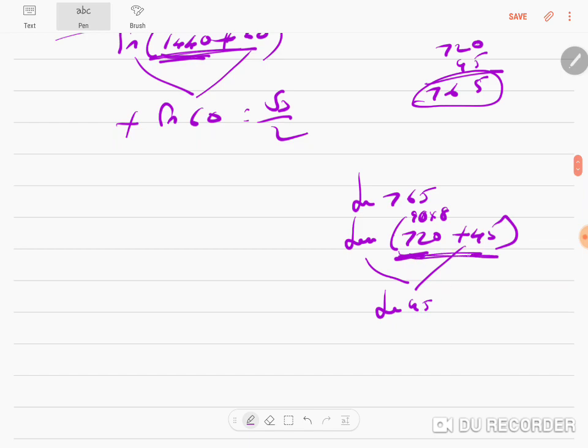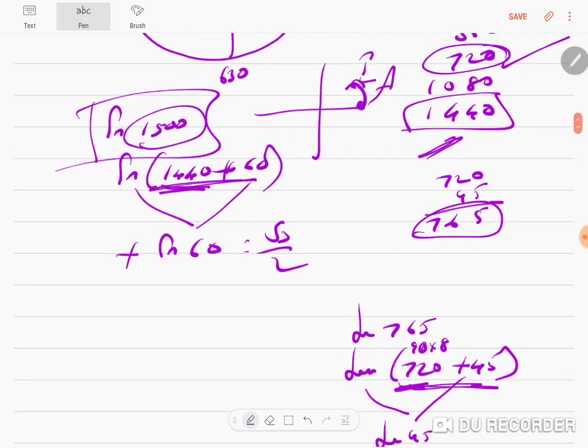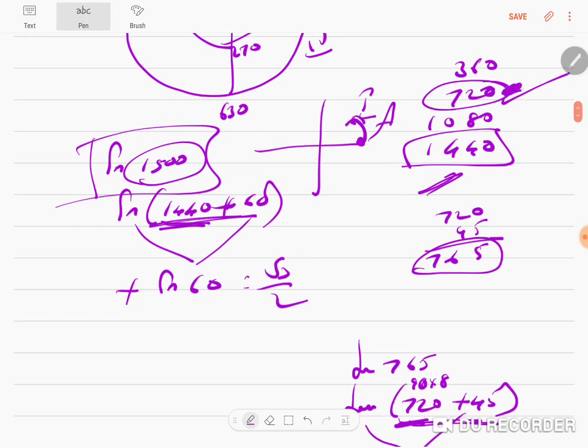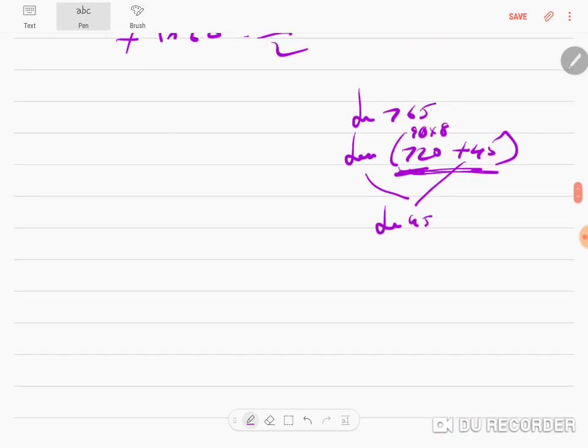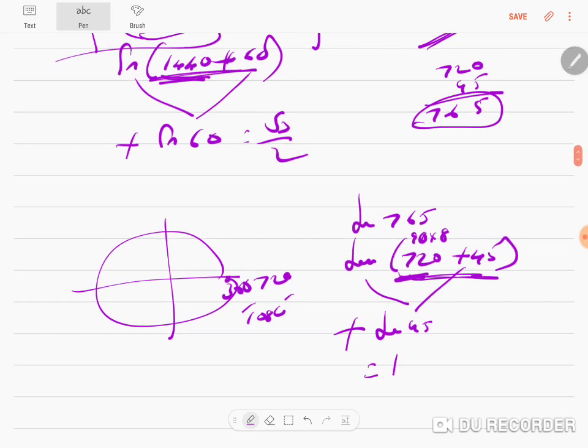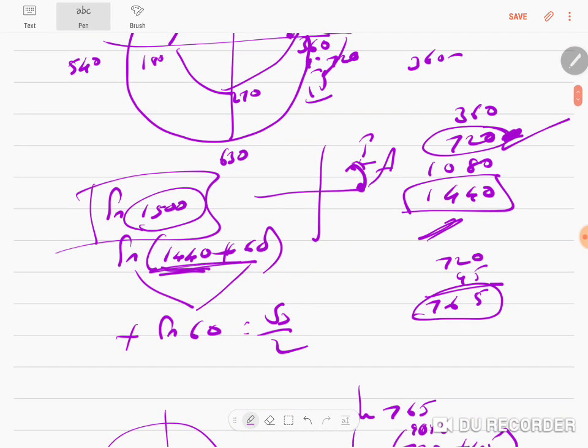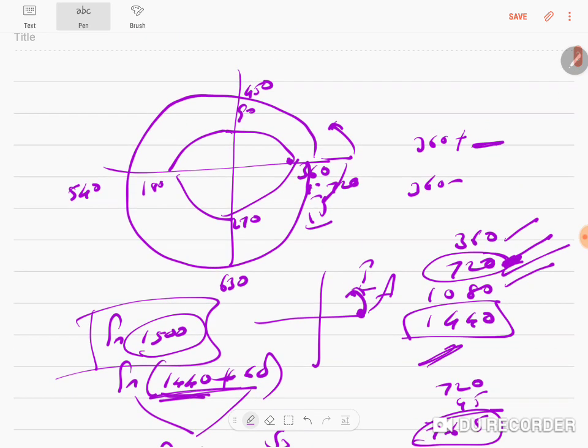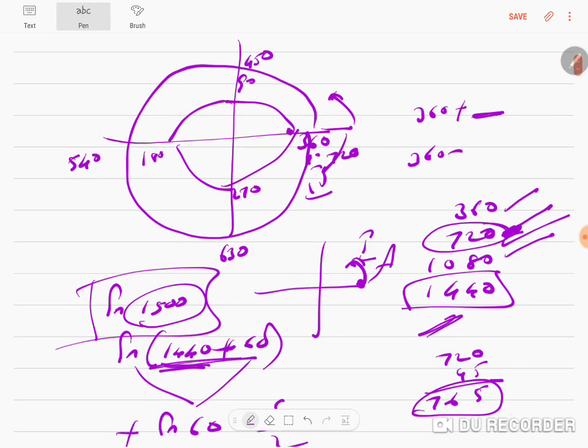But which quadrant is 720 plus? You have to be careful. Again 720 plus will be first quadrant, because this is 360, next revolution will be 720, next revolution will be 1080. So, therefore, it will be all. So, plus tan 45, which is just 1. It is not necessary that they will always ask you 360 minus, 360 plus, 720 minus, 720 plus, 1080 minus. It is not necessary. They can even ask you questions such as,